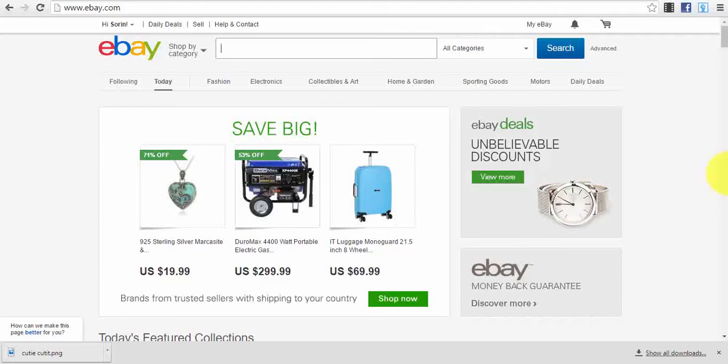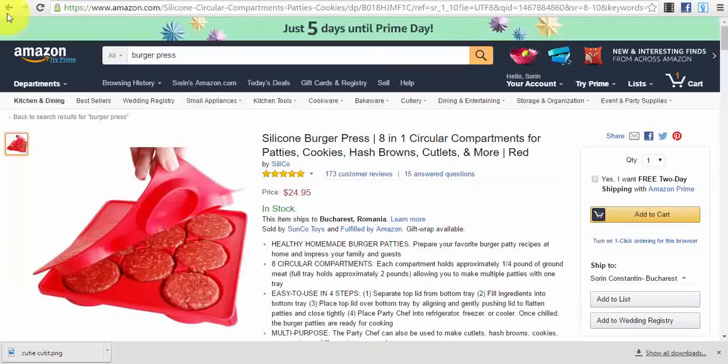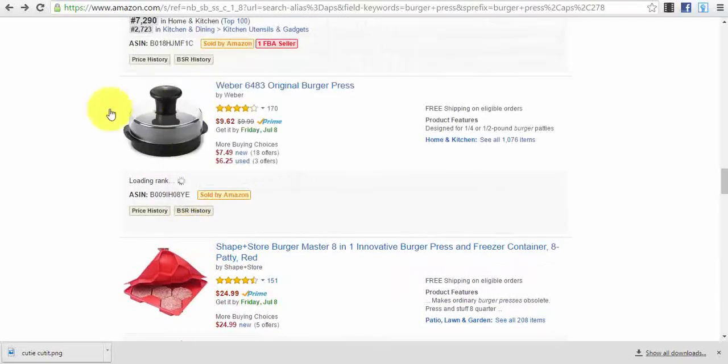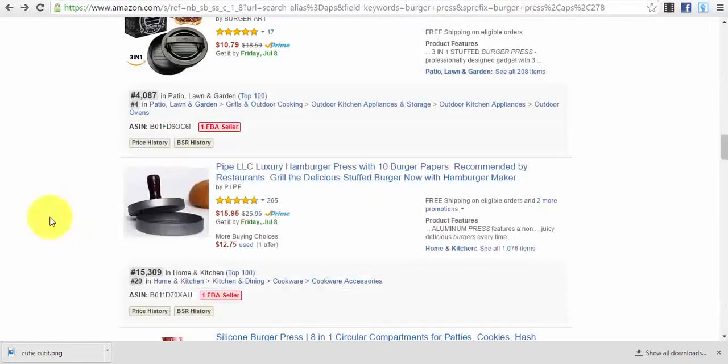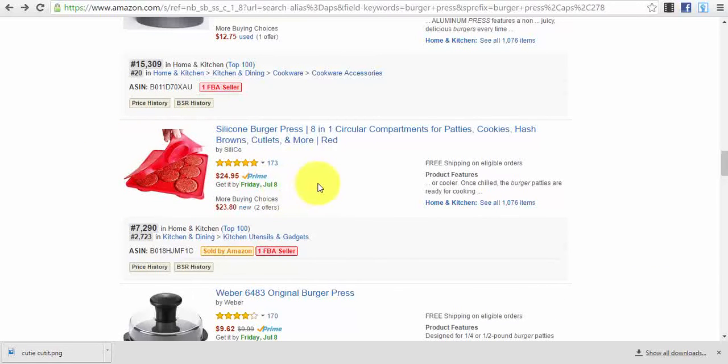So to look into the marketplace where you will actually find the product that you will post on eBay for best-selling products or products that are hot or on the trend or just appear and they sell very good, and on which you don't have too much competition on eBay. And before, in a different lecture, I just gave you an example on Amazon with this silicone burger press, because if you look for burger presses on eBay, you will find only this type of burger press or this type right here. Okay, you won't find this type of burger press, which is a silicone burger press for more meat rolls, to say so. Okay, and this one, it's not yet posted on eBay.